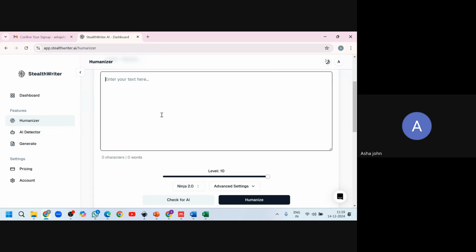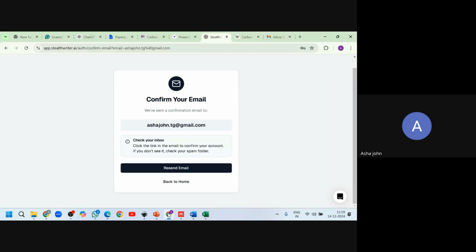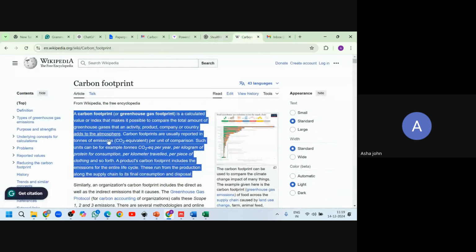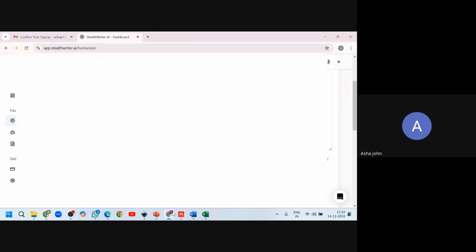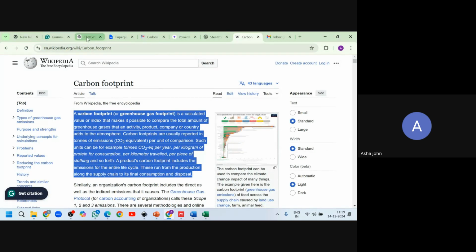We will just try to use the Ninja model and see a plagiarized content, and after humanizing it, just taking the same carbon footprint from here. So this is from Wikipedia, so it will not show AI because it's not AI. We need to take something from ChatGPT.